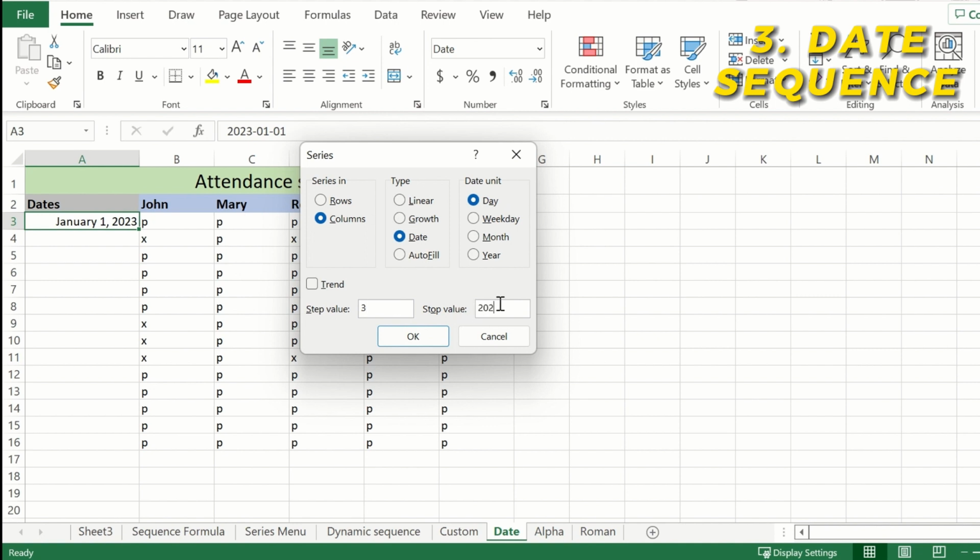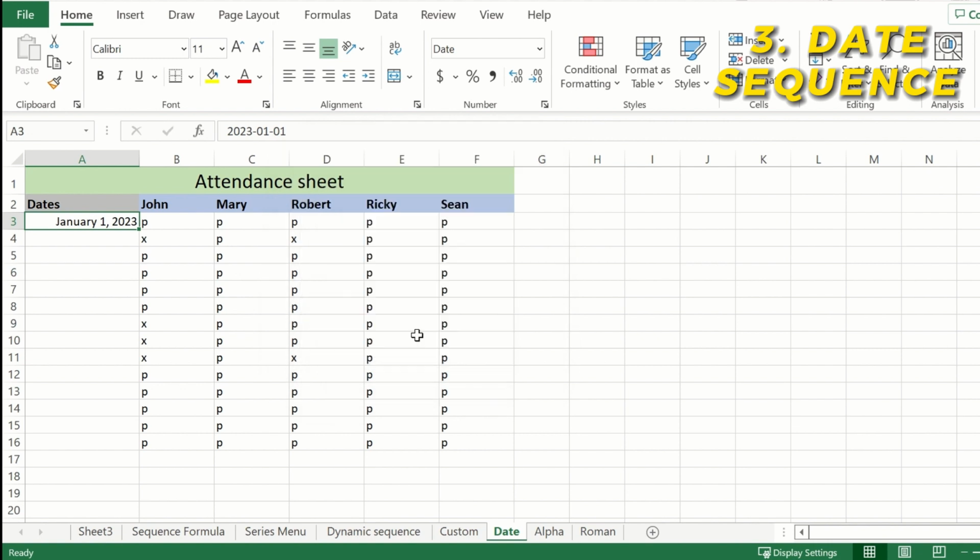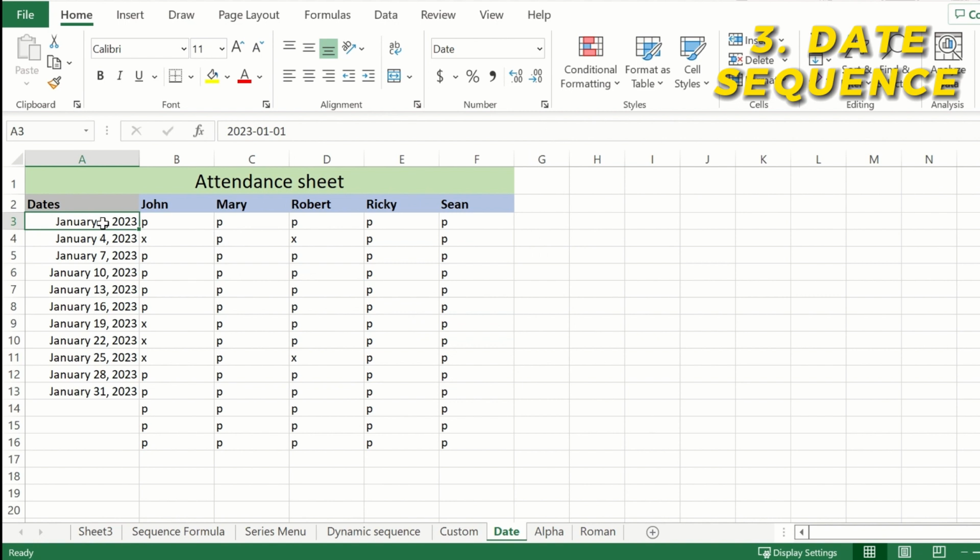Let's set it to 3 and enter stop value to 2023-01-31. So as you can see in the first cell, the date is 1st January and we have set step value to 3, so it will add 3 days to it, which means our next cell value will be 4th January. Likewise, the dates will be generated adding 3 days to previous date until it reaches the stop value of